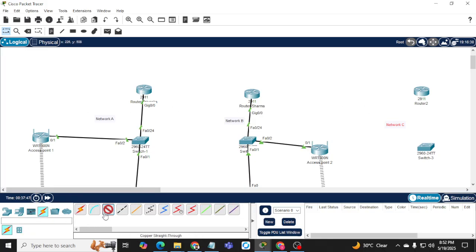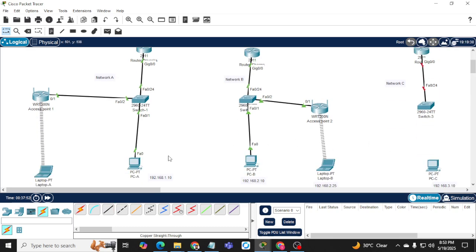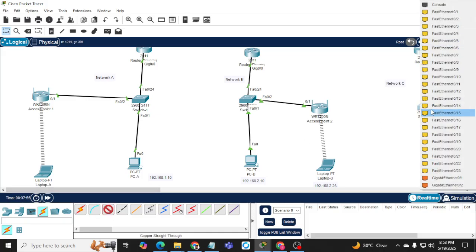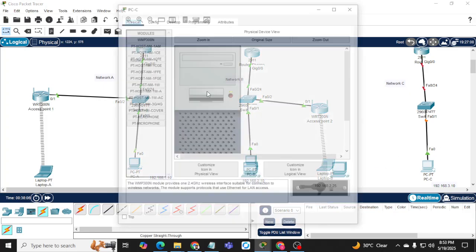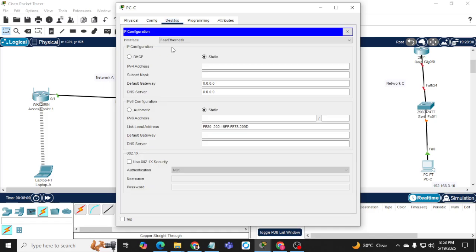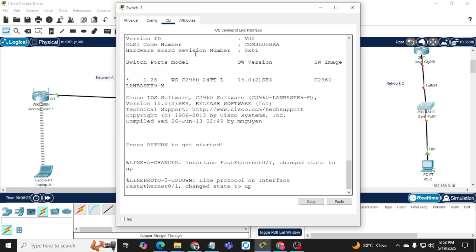Now we are going to the local area network for network C. We will connect it with the router, then the last port of the switch. Any port you can choose, but I prefer the last one because this is normally uplinked from the router, so it shall not be touched by any user by mistake. So let me give the first IP address for the computer statically, and this one is going to the third network, and the IP address of the computer will be in the same range 3.1 also, and at the same time we can assign the IP address to the